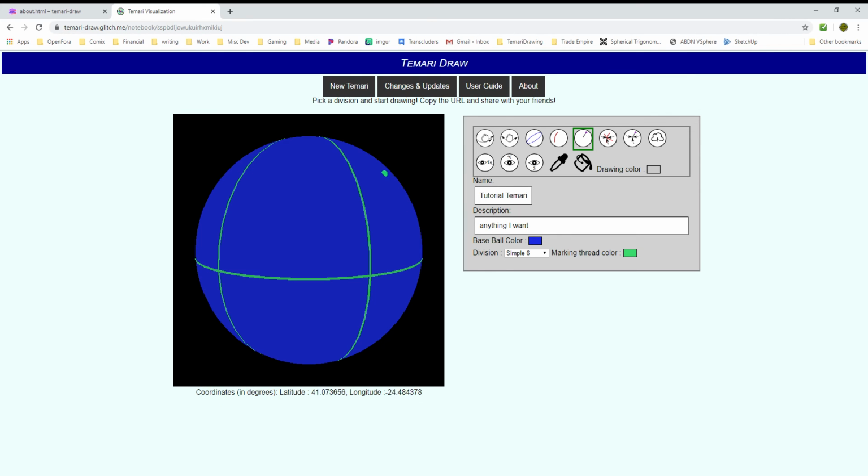Once you're in a drawing mode, the ball isn't going to move on you. But you can just come in and click, and it adds a pin. We'll add a couple pins randomly, and you can see that down here, you've got little boxes that are telling you that you did that. This is where the pin is in terms of a latitude longitude style. So 29 degrees latitude is above the equator by 30 degrees. 31 degrees longitude is